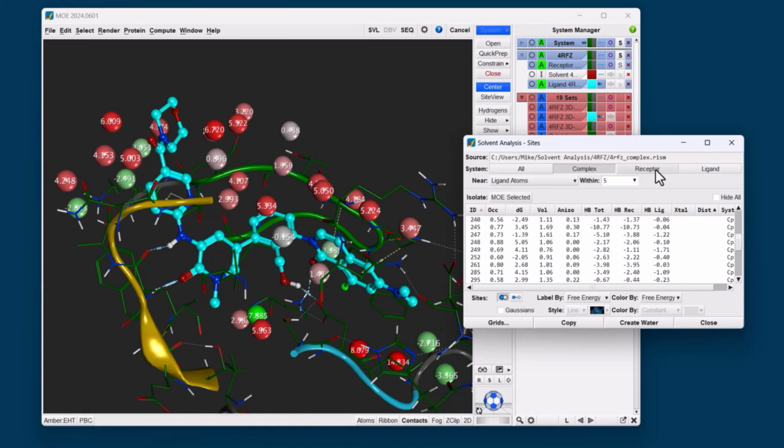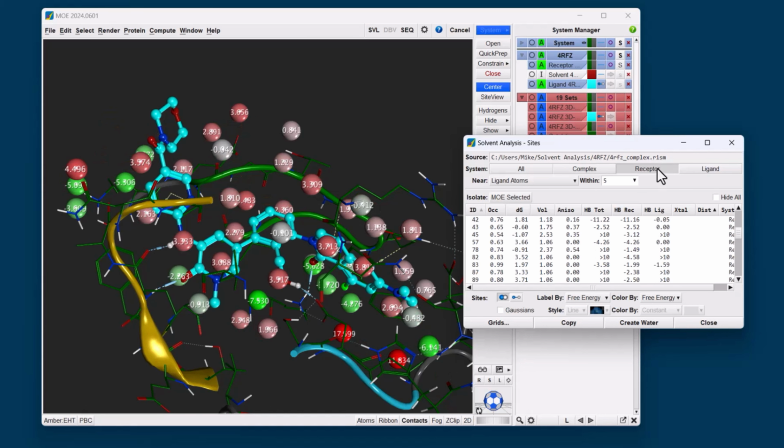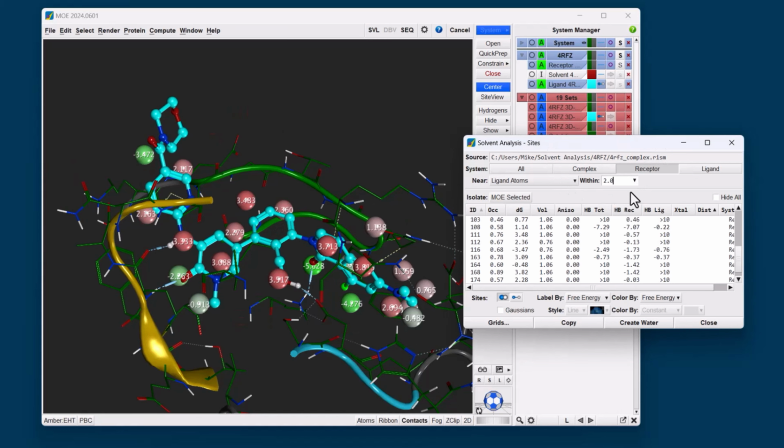First, I'll toggle over to receptor mode, which shows how water packs around the apo pocket of the receptor. For this part, I like to only show waters within 2 angstroms of our ligand, as these waters are directly displaced by the ligand as it fits into the pocket. What we're looking for are green, stable waters being displaced by the ligand. It costs energy for our ligand to displace these apo waters, and to mitigate this cost, it's best if the